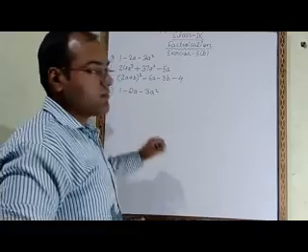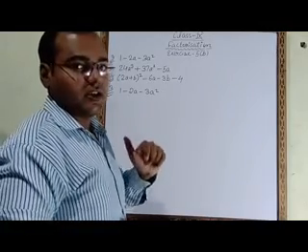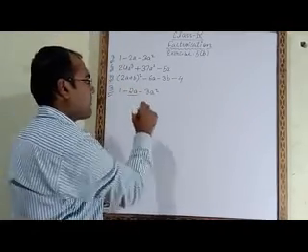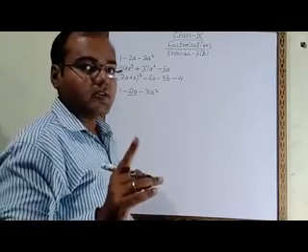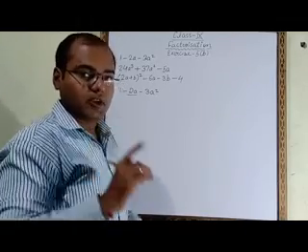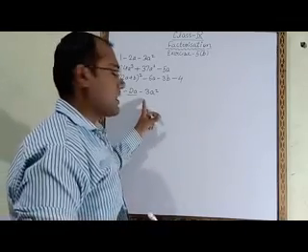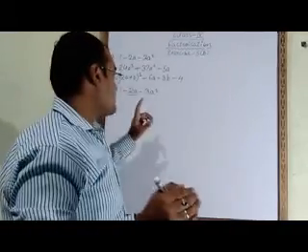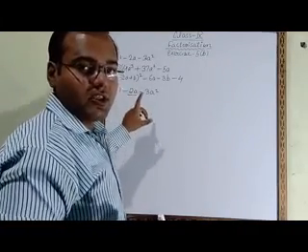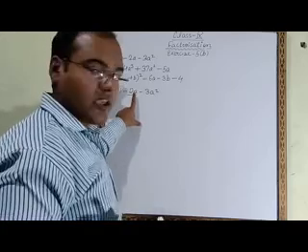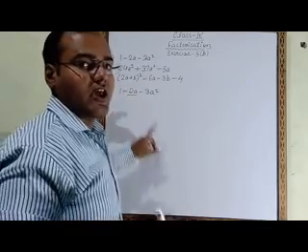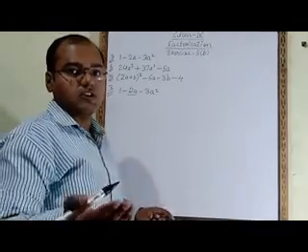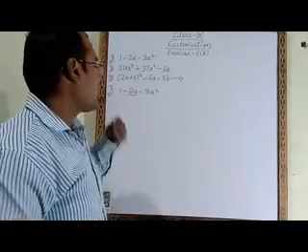So what do we have to do? In such a case you have to check that in the middle term the power of the alphabet should be 1. This is the first point that you have to remember in such questions. The number of terms is 3, an odd number of terms. First of all you have to check whether the alphabet given in the middle has power 1. Here a has no power written, that means the power of a is 1. So this is correct.